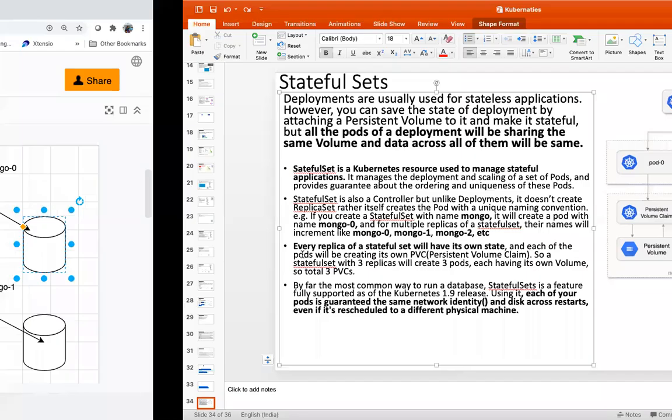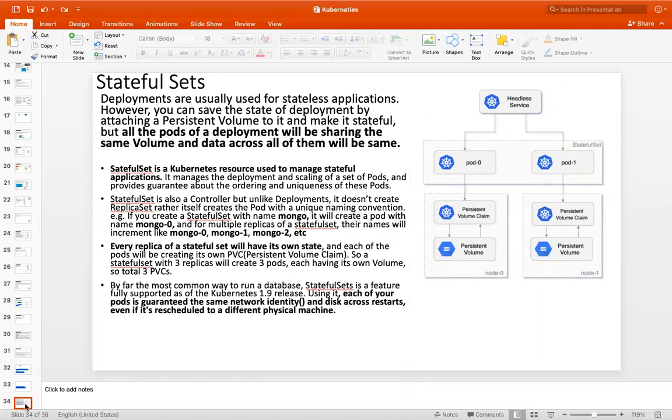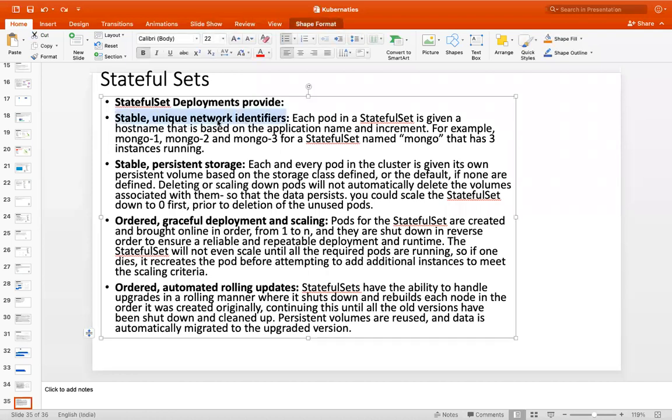So this is stateful set. Now let me deploy my Mongo database as a stateful set. As I told, a stateful set will give stable and unique network identifiers and stable, persistent storage.